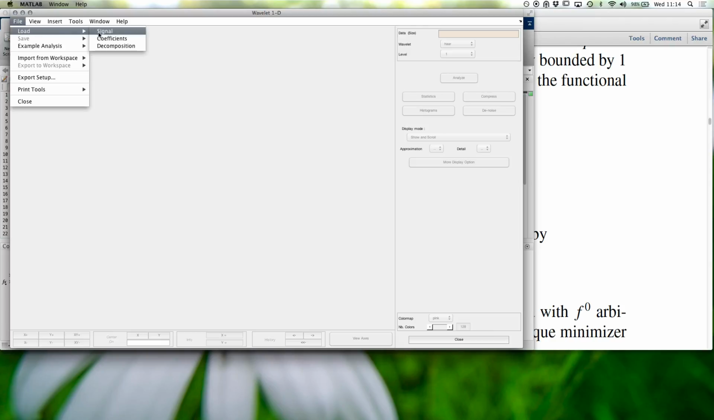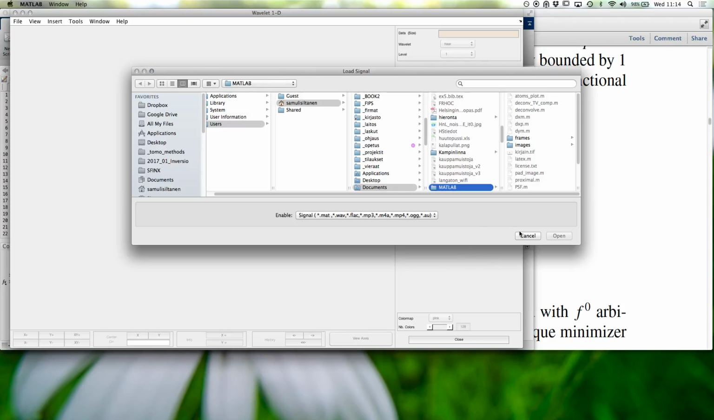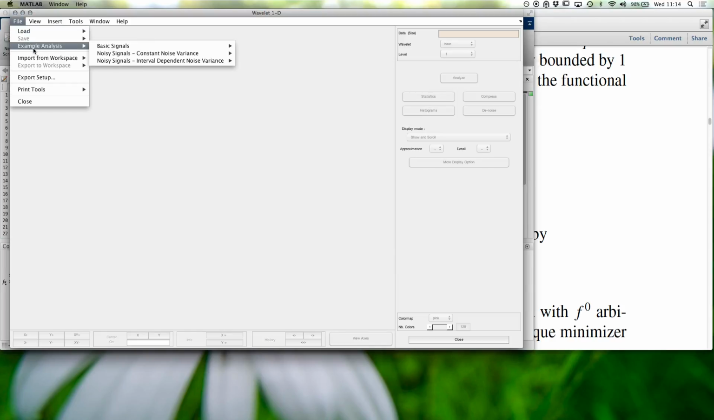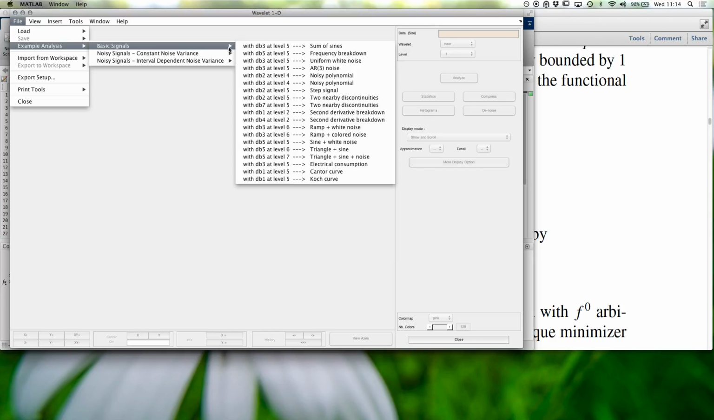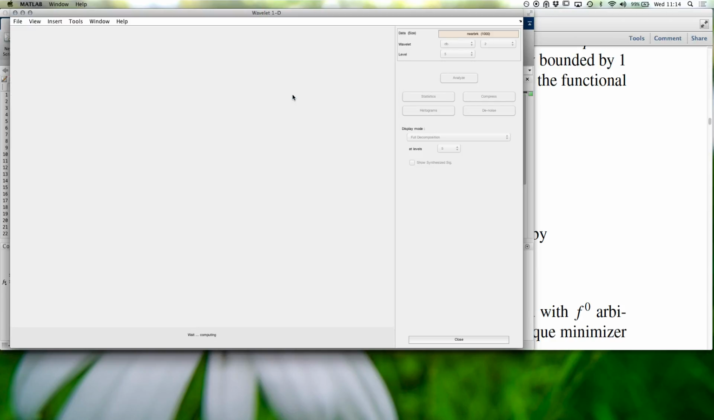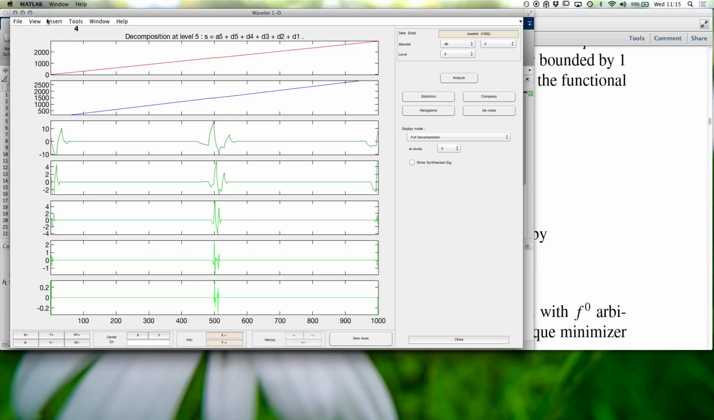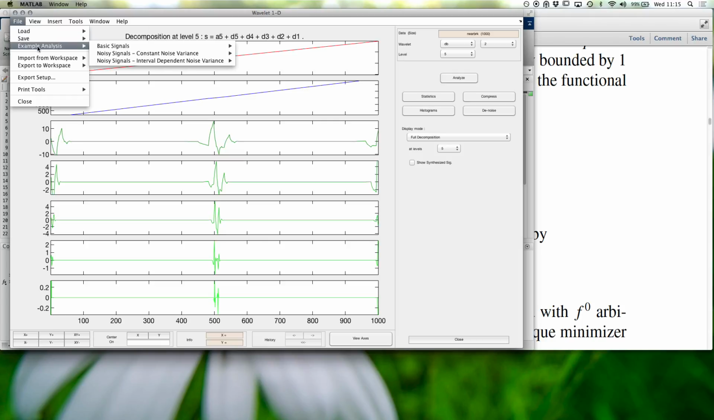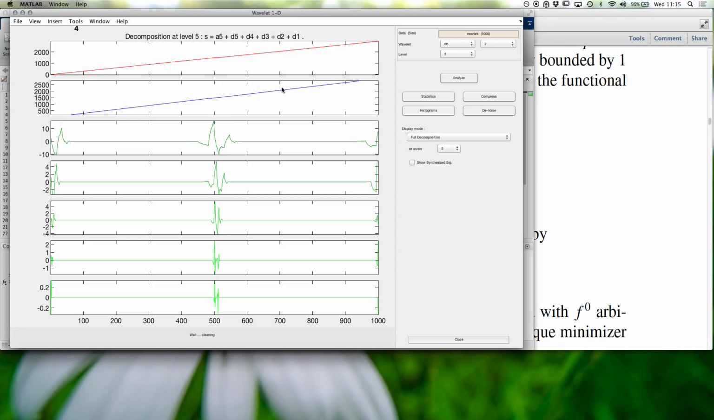There should be some ready-made signals in MATLAB already. So let's take something with some discontinuities. Is this a special package you downloaded, or? Yeah, it's MATLAB's Wavelet toolbox that is needed for this one. But I think let's start with the step